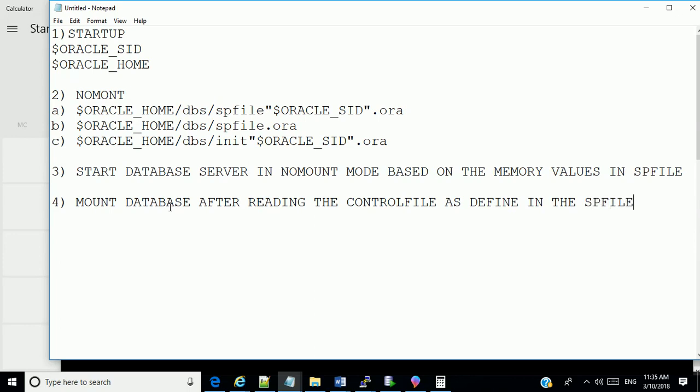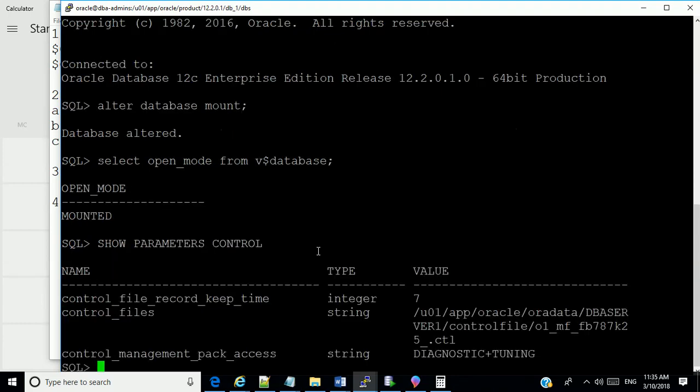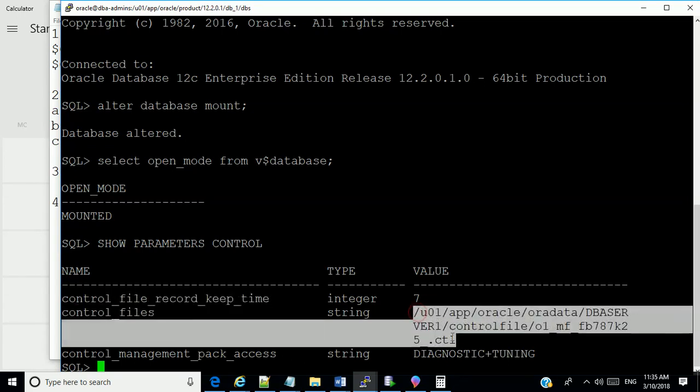Now listen to me. You have the parameter called the control file that is defined in the SP file, okay? And you can see that value if you just say show parameters control, okay? It will give you anything that has control in it. So we can see control file. If you read this file and get the location of where all the data files are, the control file actually stores information about the skeletal structure of the database.